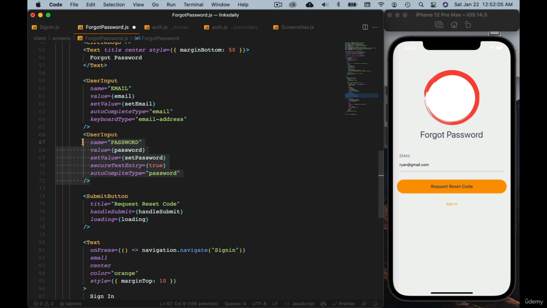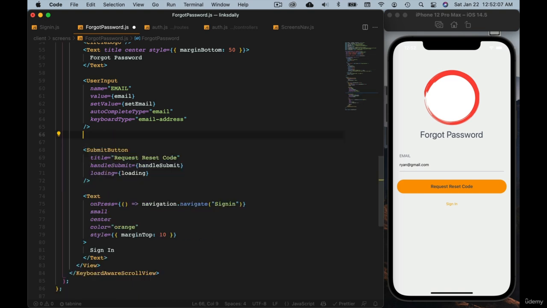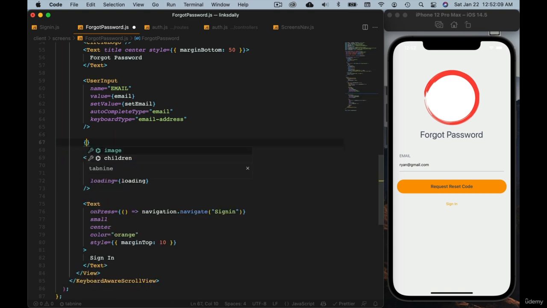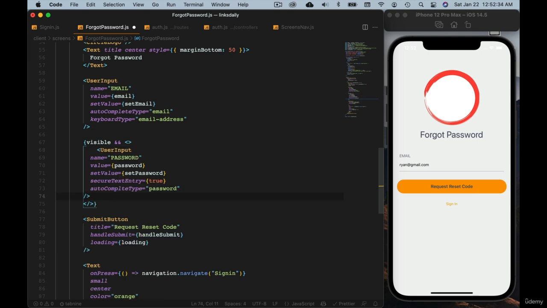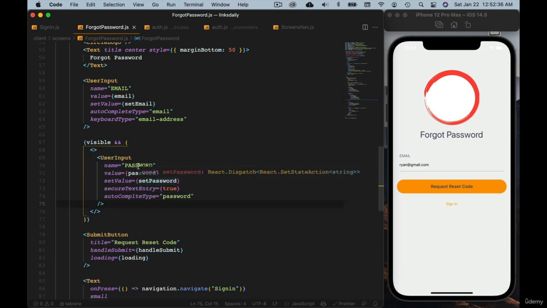Okay, so let me just cut, use the curly brace here, and then check if visible, then I want to show two fields, not just one. So let me use the fragment here. So paste that code. So we show the user input password,